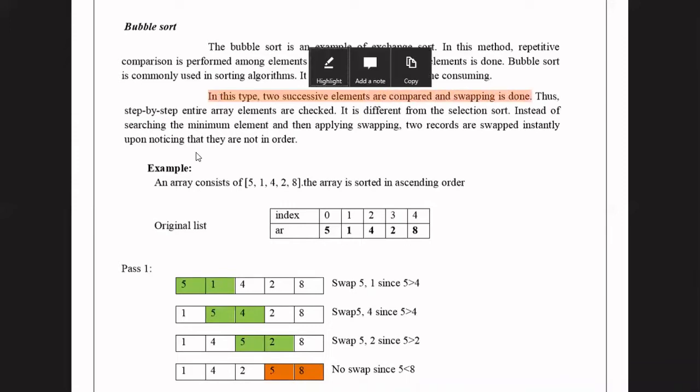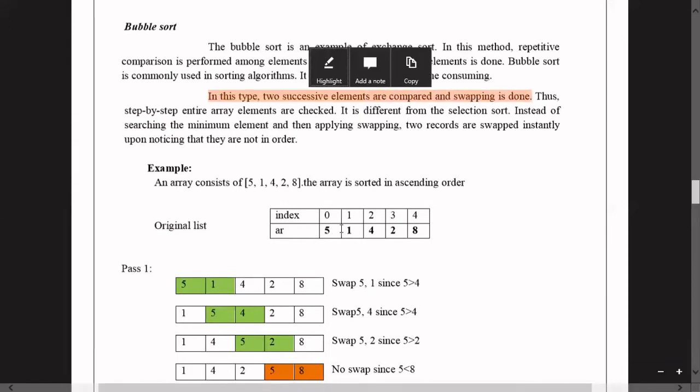That means first 5 and 1 are compared, then 1 and 4 are compared, 4 and 2, and 2 and 8. Two side by side elements are compared. If the first element is greater than the second element, then we will swap the first and second element.